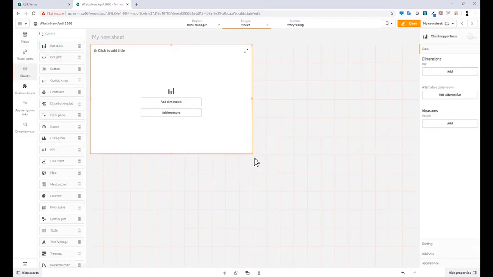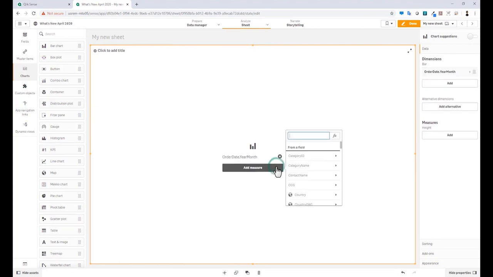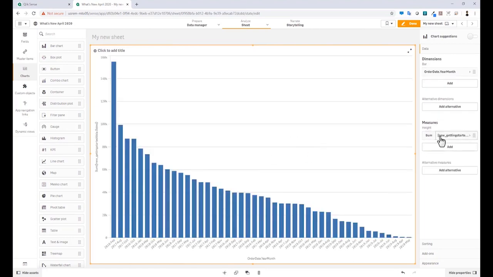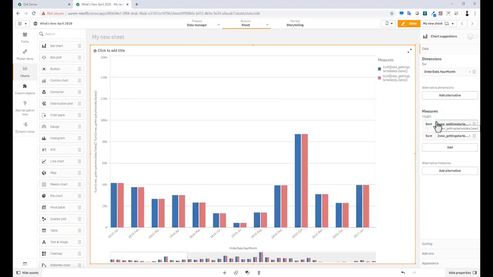There's our bar chart. For the dimension, I'm just going to add our year month. I'll add sales for the measure. Okay, now by default we have our sum of sales. Let's go into sorting, change our sort order, go back to the measure. Now if you want to add another bar, which you can do, we've added this as a new feature in a previous release. Just right click on your measure, select duplicate, and then here we can call this one